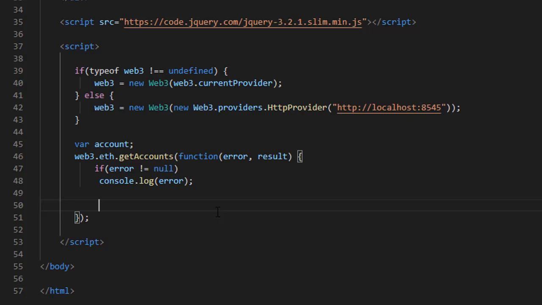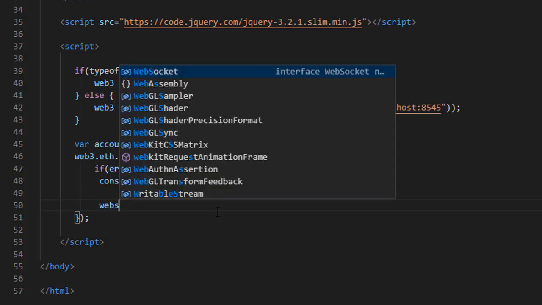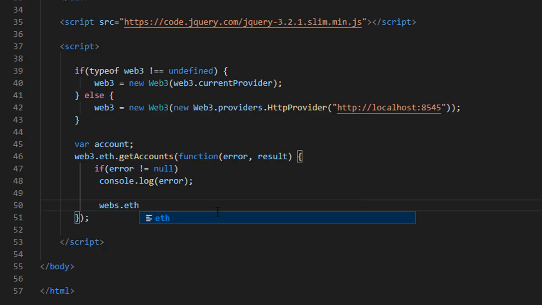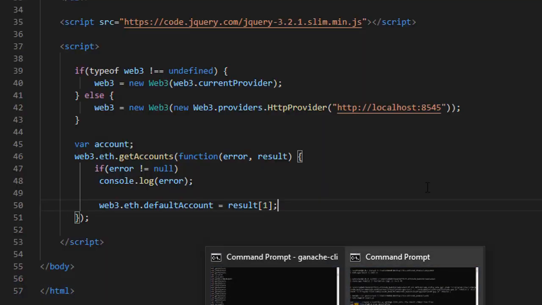Then we set web3.eth.defaultAccount to result[1]. The result will be the accounts which are generated, as we have seen in the command prompt.